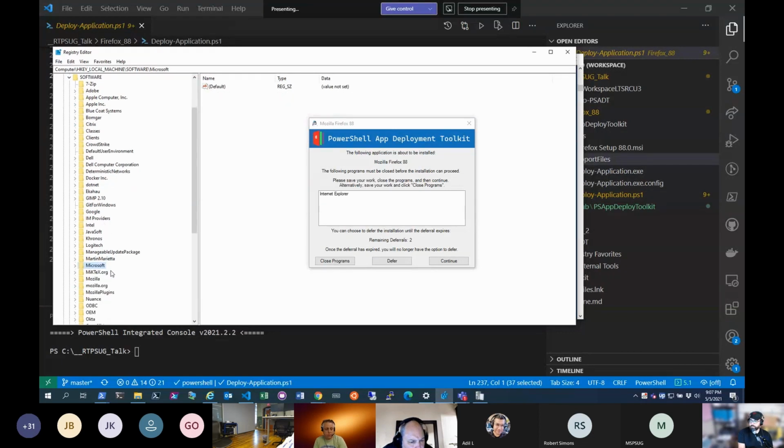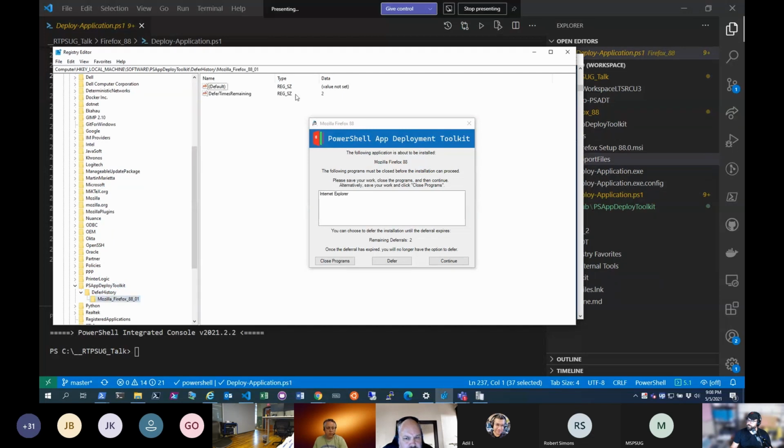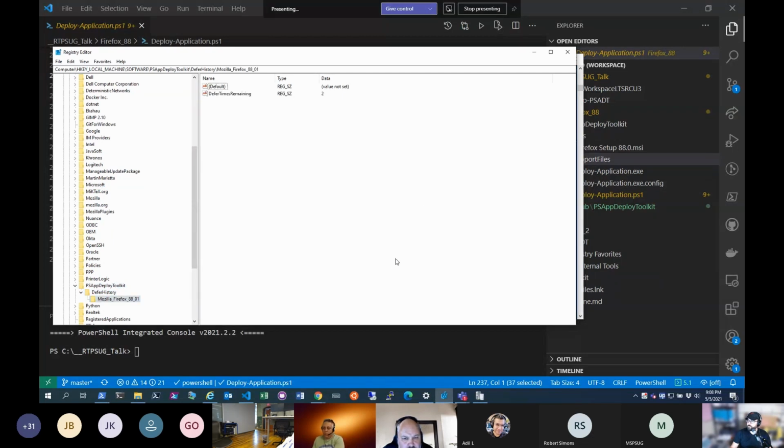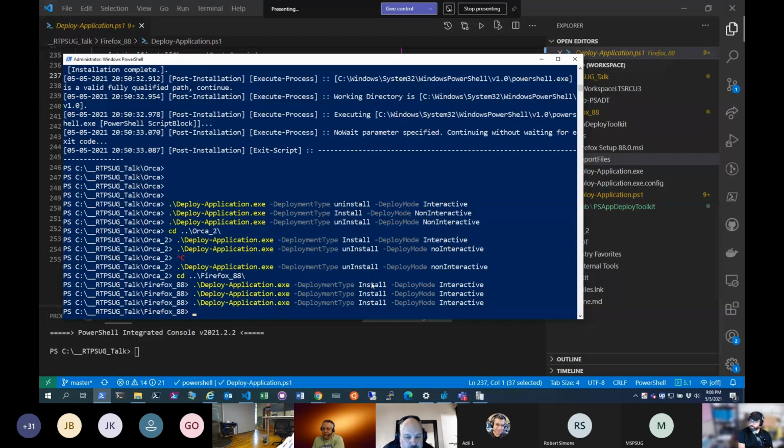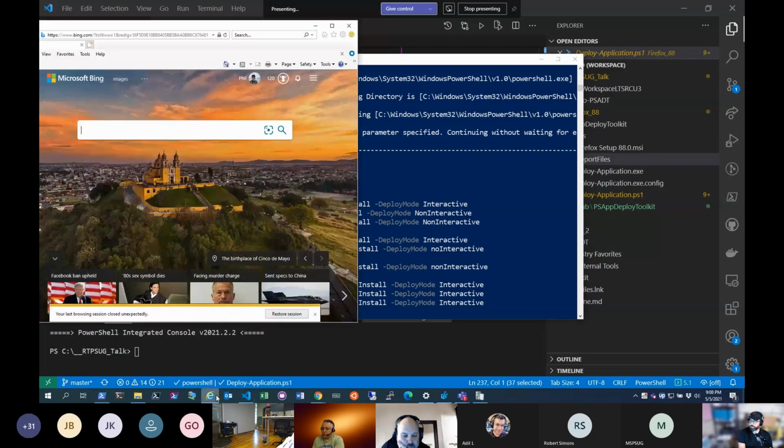Software. It says, hey, I can defer 2 more times. And I'm going to defer again. And now I can defer 1 more time. So it's actually holding on to that data for me. And so it knows when people are doing stuff. And so this is coming for free at this point. So at this point, this is